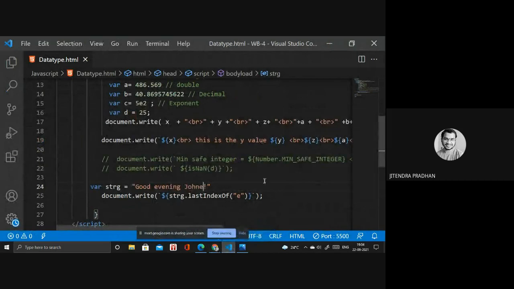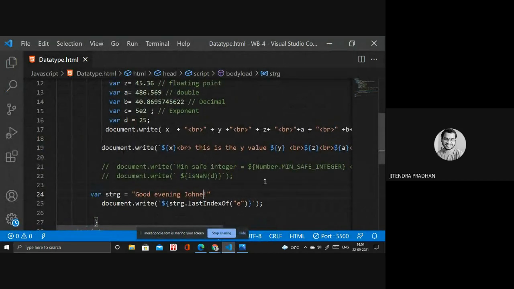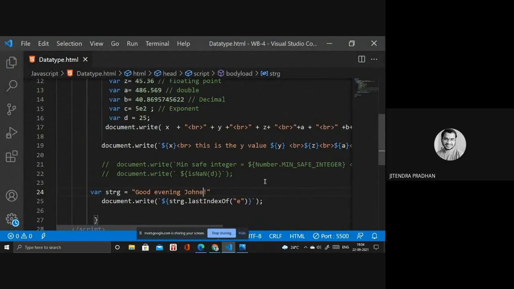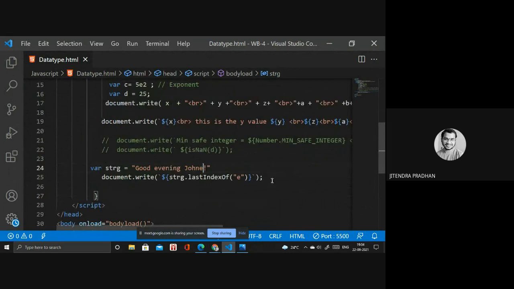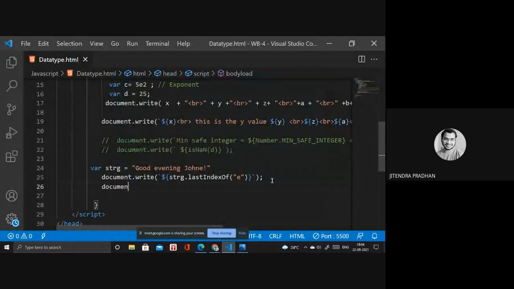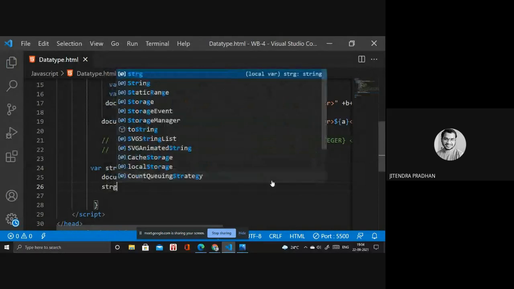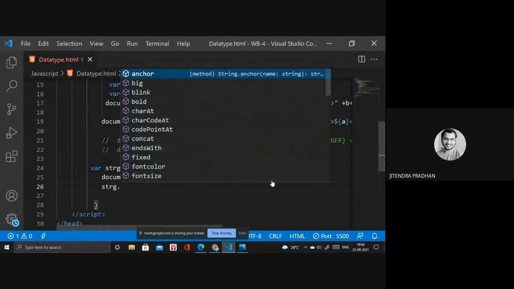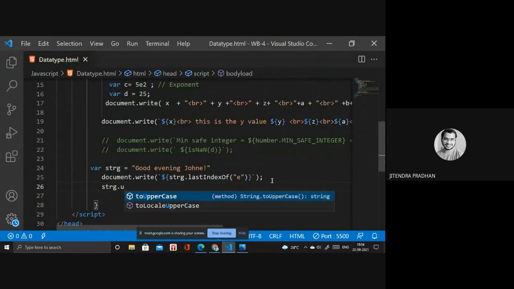Okay. So I need the content. We are done with all these things, but now I need document.getElementById. By using the id we can do that, and we have to use the string dot uppercase.